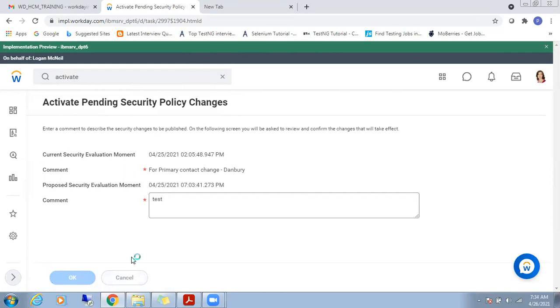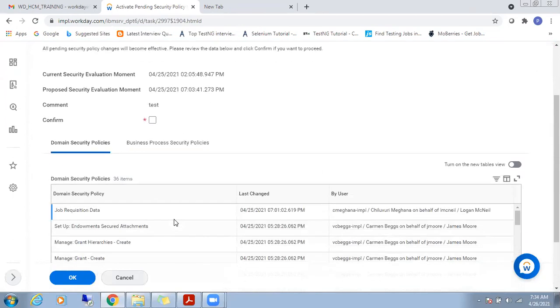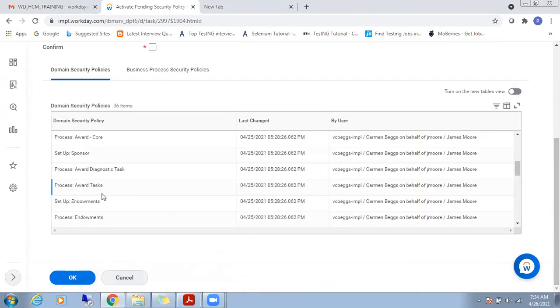Wait, it's taking time to fetch the data. So it's taking a lot of time. Where did we do that? We worked on domain security, right? HR manager.